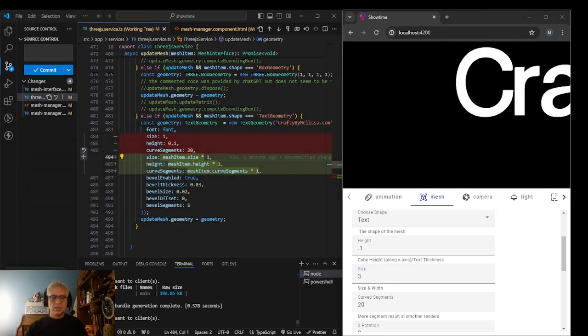So now I currently have 20 segments. I don't know exactly what that means, but on a curve, I think it means there's 20 of these things around here on this curve. So now I'm going to change it to 2. And as you notice, it gets more squared, and then 1. So okay, it's definitely not 20, but maybe it's 1 per inch. I don't know. 1 per